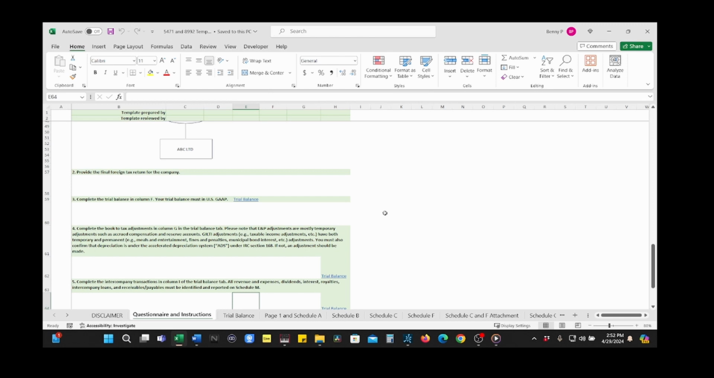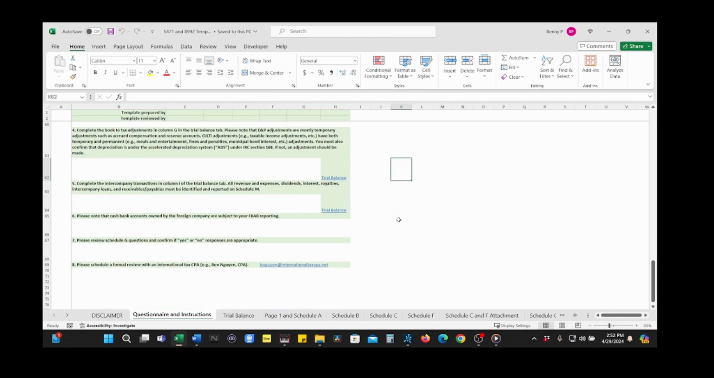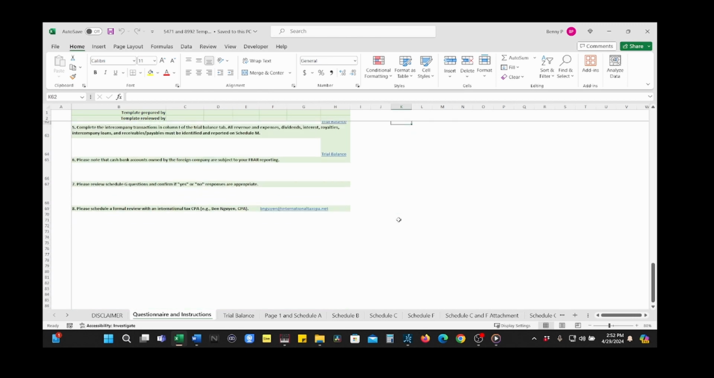Okay, we're going to skip over numbers 3, 4, and 5 for now because that directly involves filling out the Form 5471 and 8992. Moving to number 6, just know that the cash bank accounts of the foreign corporation are subject to the U.S. shareholder's FBAR reporting. For number 7, the Schedule G questions involve a lot of the concepts and require knowledge of